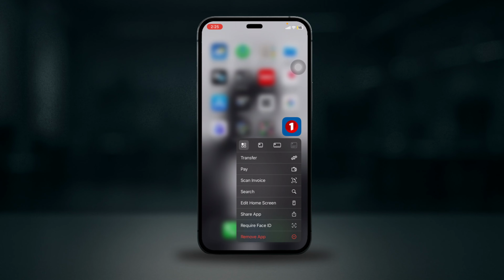Everyone, welcome back. In this video I'll be showing you guys how to fix the SpareBank 1 transaction not showing